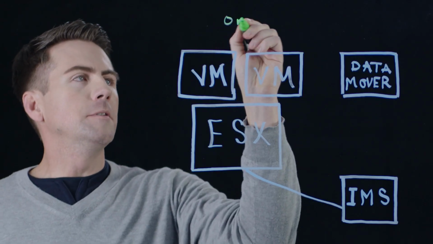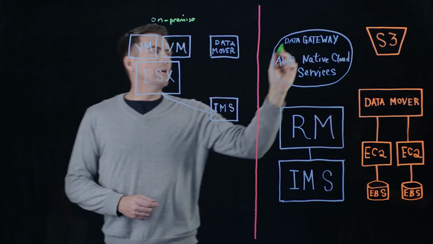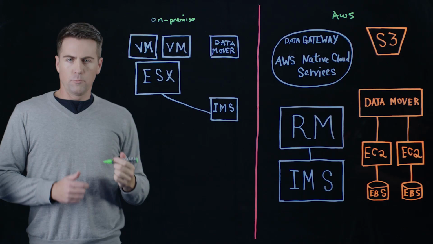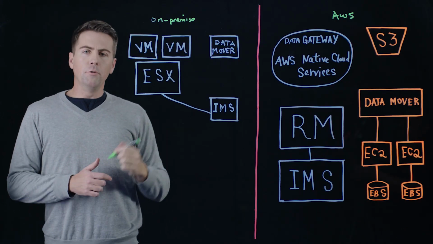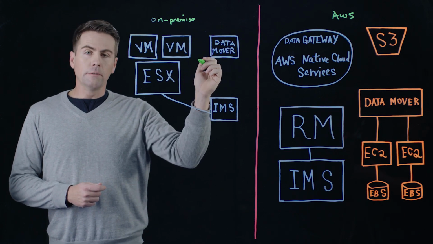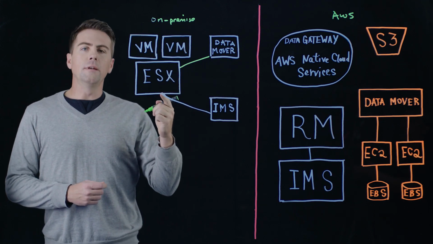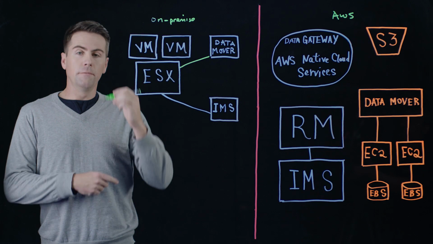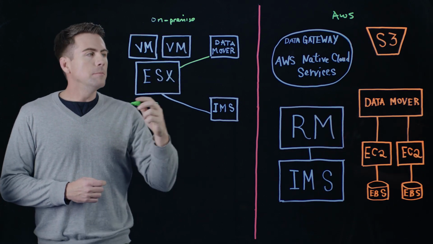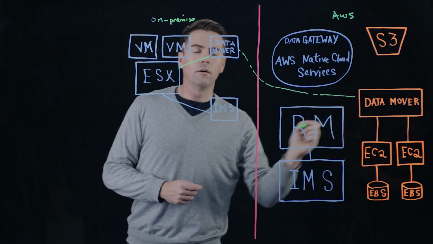So here we have our on-premises data center. And over here, we have an environment configured within AWS. Resiliency Platform enables data movement using a couple different components. Key thing to look at here is our data mover. This is actually a virtual software appliance that's installed here on premise within an ESX host, within a VMware HA cluster, that has the ability to move data from these VMs across to a data mover on the AWS site